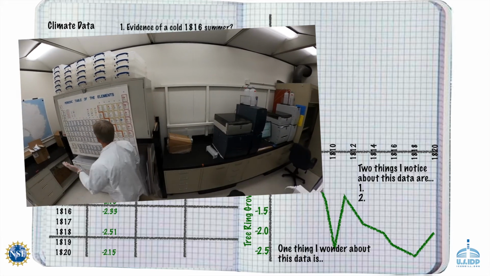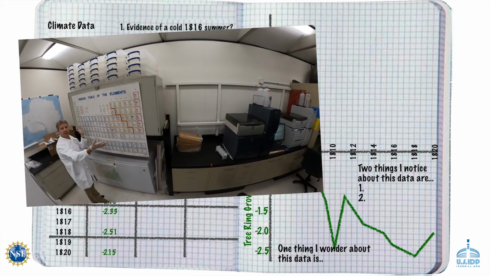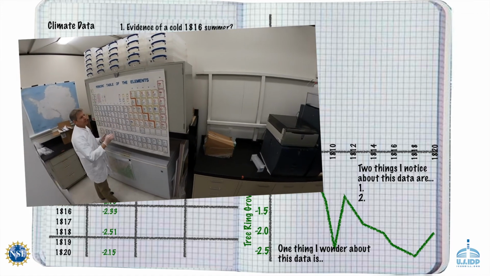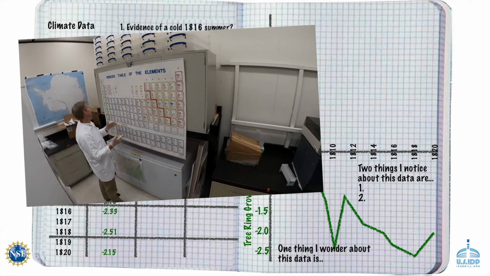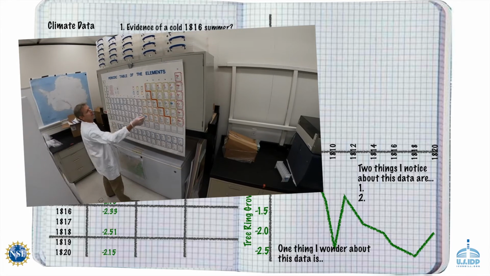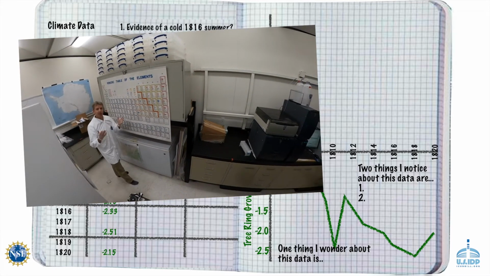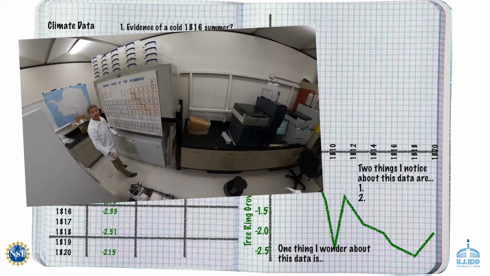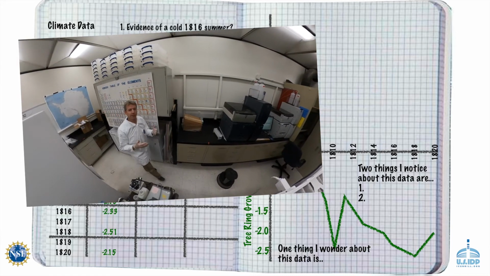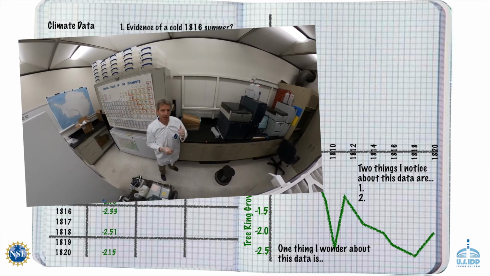So overall, we measure pretty much everything on the periodic table. That instrument will just cover a few of them, the big ones like sodium and magnesium and chloride and sulfur. But we have other instruments that basically analyze everything on the periodic table here. So if there's a climate disruption in the ice core at that time, we're going to find it.